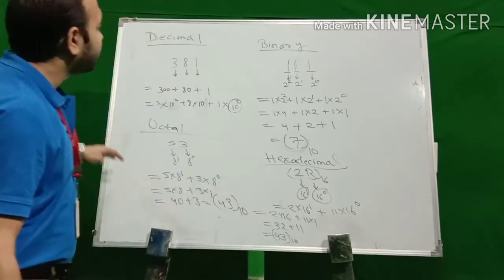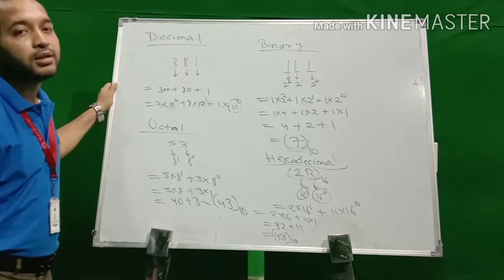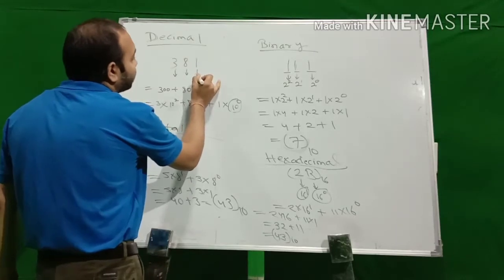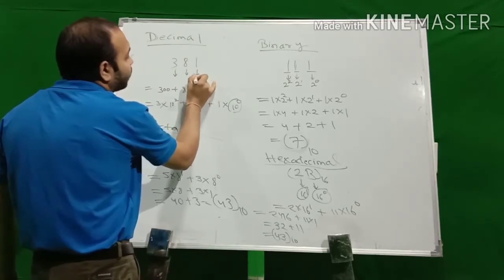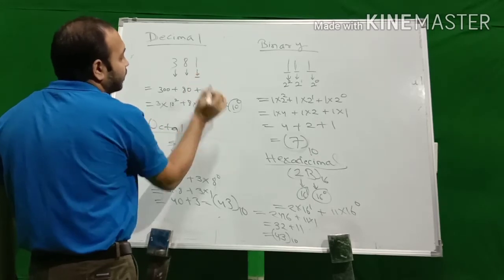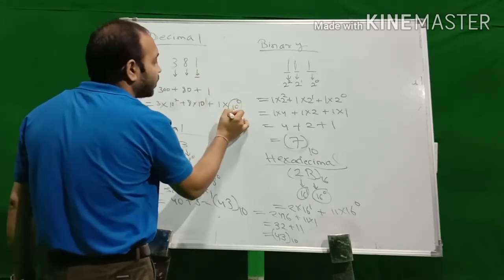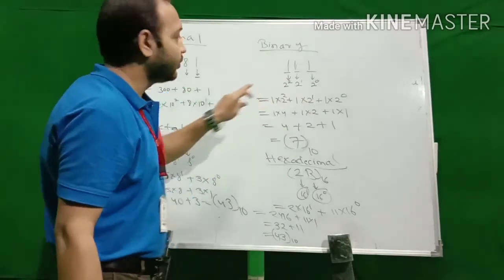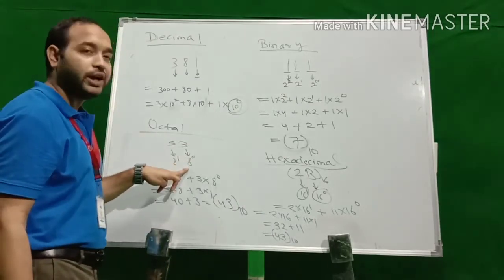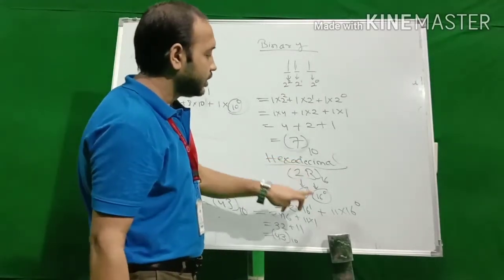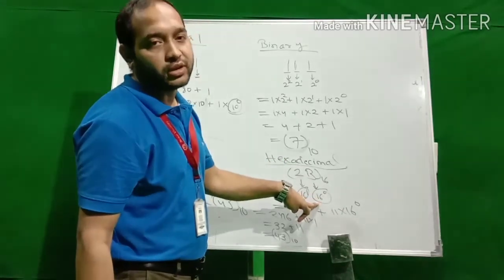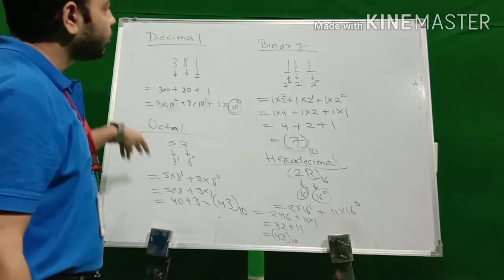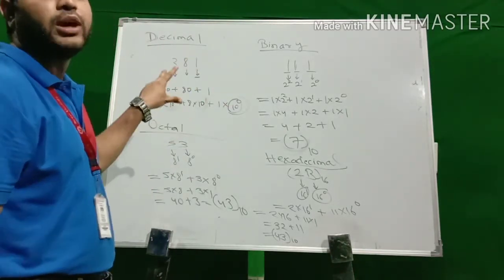So like this, now you can compare these numbers. In decimal, you have to remember to start from the unit position, the first position, where in decimal you use the weight of 10. If you have binary, you use the weight of 2. If it is octal, you use the weight of 8. If you use hexadecimal, you use the weight of 16. So like this, you can compare the four number systems at a time, and you can remember this.